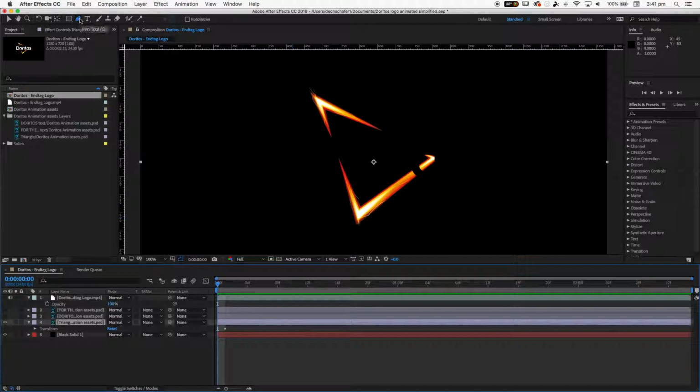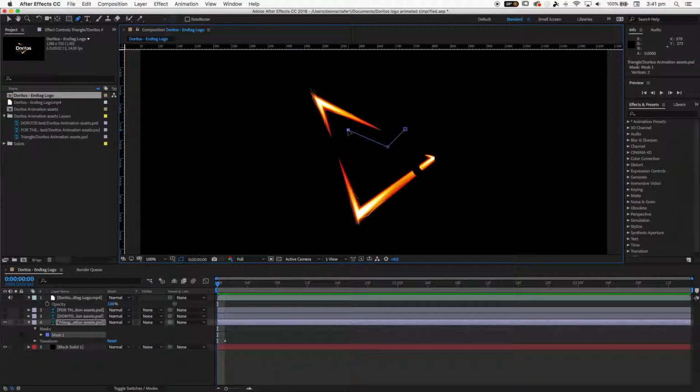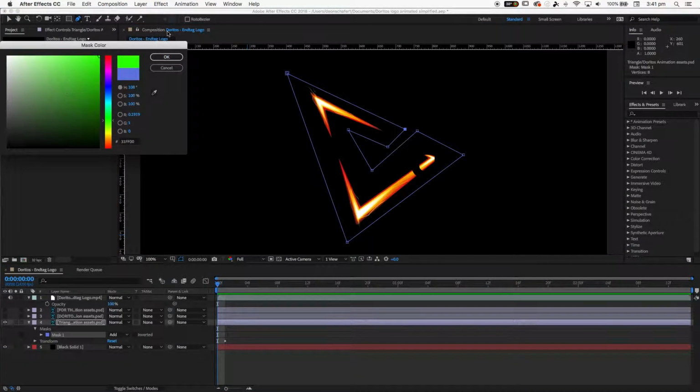I'm going to make sure I've got the pen tool selected, and I'm going to create this sort of shape. Now you may wish to play around with this. You want to make sure that all the elements are shown. Give them a bit of space on each side. We're not trying to get exactly around this. We're giving it some space. Go back to our mask here. I'm going to change it back to green again,